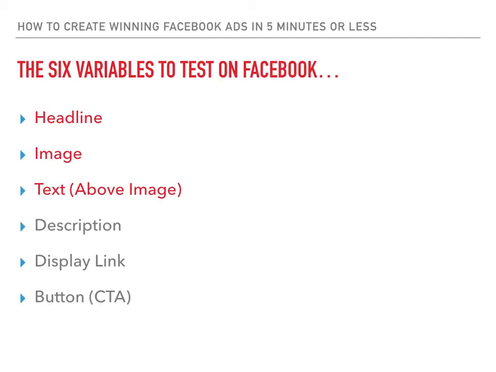Now, before we get started on an actual show and tell, let me tell you the 6 variables that you can test on Facebook. You can test the headline. There's a headline right below your image that you can test, and there's a particular way that I test for that. There's the image that you can test,